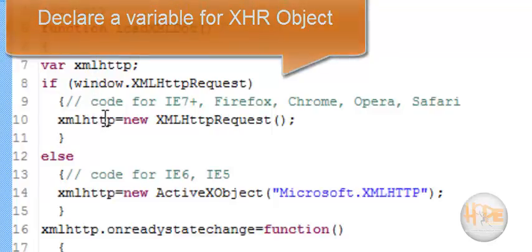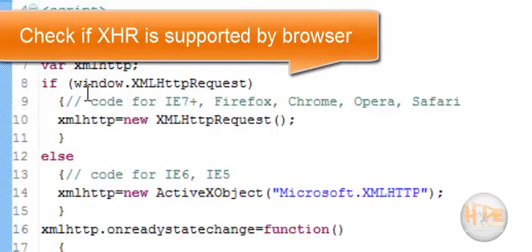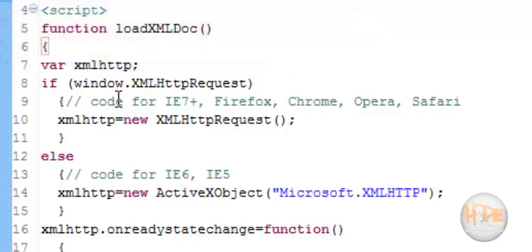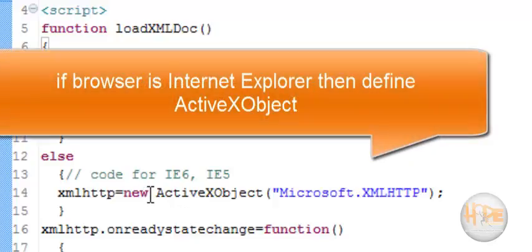XMLHttpRequest is an object inbuilt in JavaScript. First, we check if the browser supports the XMLHttpRequest object, or simply XHR. If it supports it, then we create a new object of XMLHttpRequest. However, in case of Internet Explorer, we need to create an ActiveX object. Then